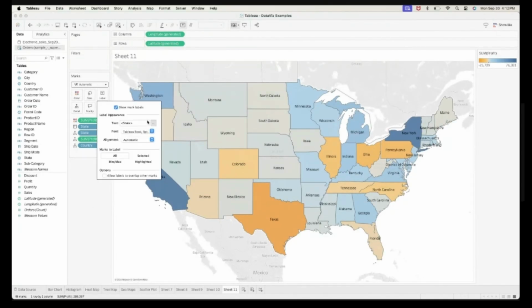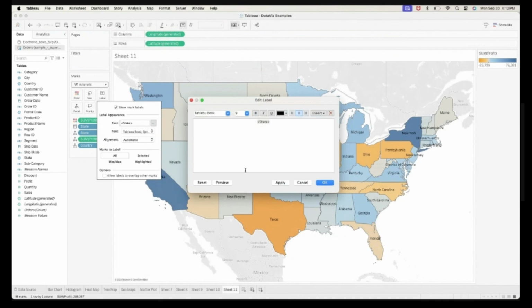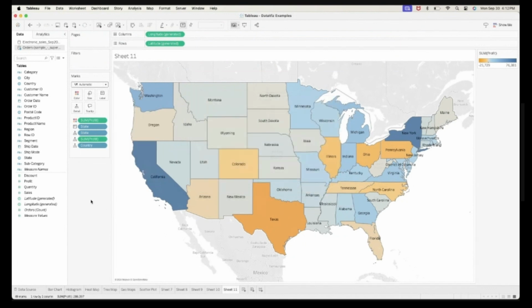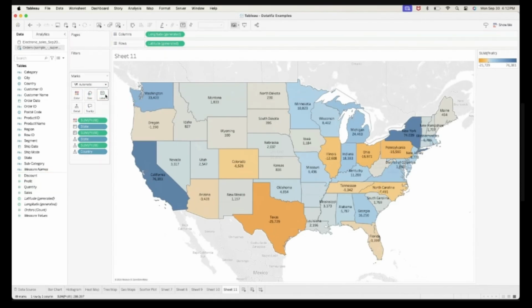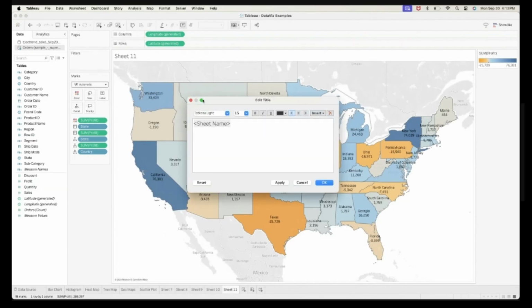State. I would want to show the profit as well. Sa label. There you go. So we have your GeoMap. So this time, this is your sales by state. Or profit, not sales, but it's the profit. Profit by state.